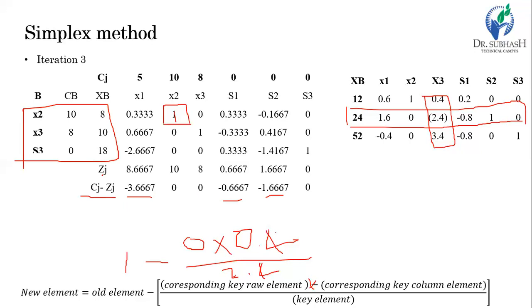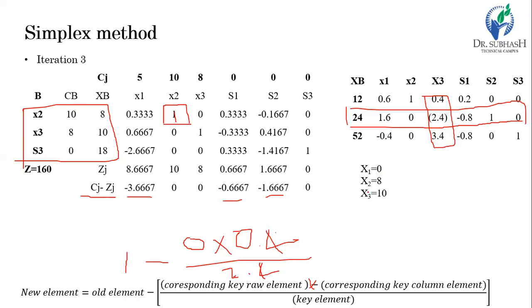So we get the value of Z equal to 160, which is higher than the previous table Z, which is equal to 120. Again, keep in mind, if any decision variable is not present in the basis, then its value is 0. Basis is also a short form of basic variable. So x1 is 0 here because it is not present in the basis, and x2 is 8 and x3 is 10.